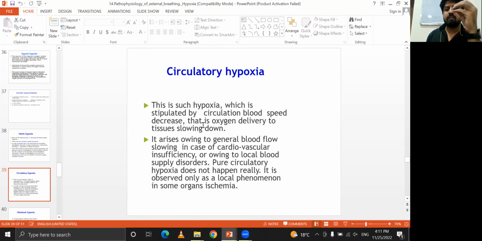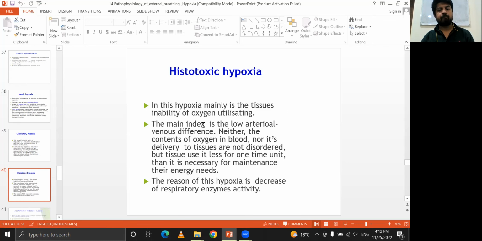That is, when the delivery of the blood decreases, ultimately the amount of oxygen also decreases, because we know the oxygen binds to the hemoglobin of the blood. So it is related to the general blood flow, like the slowing in cardiovascular insufficiency, or to local blood supply disorders. In histotoxic hypoxia,